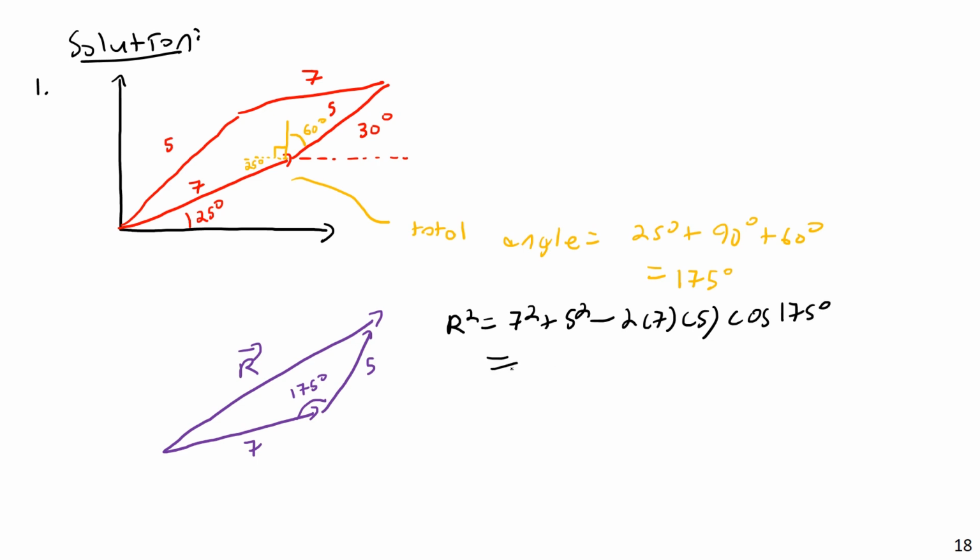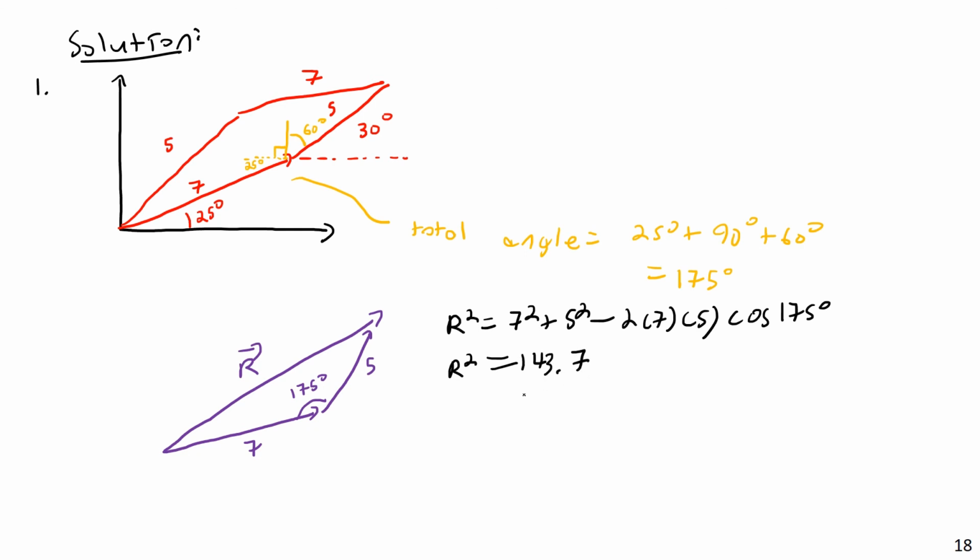So let's just throw this in a calculator and let it deal with the problem. 7 squared plus 5 squared minus 2 times 7 times 5 times cosine of 175, and I get that r squared is equal to 143.7,